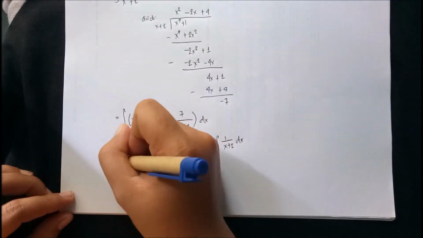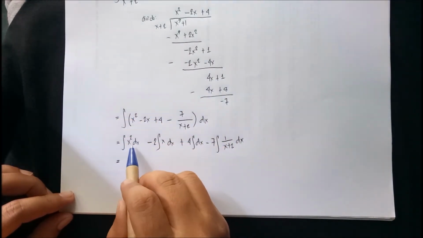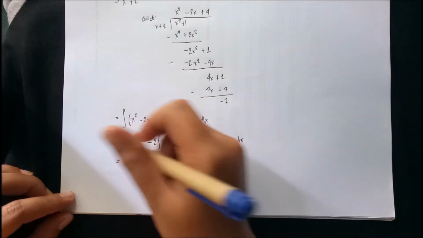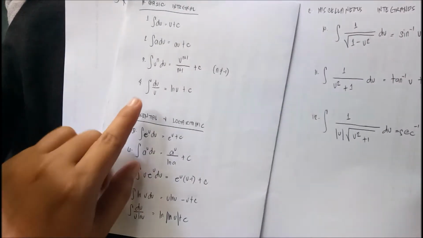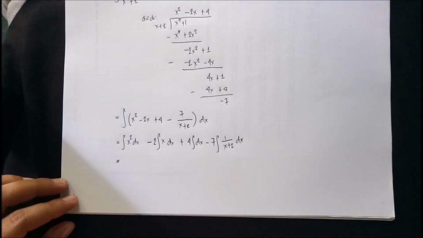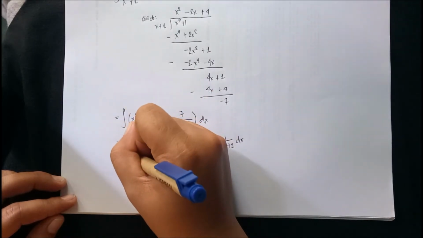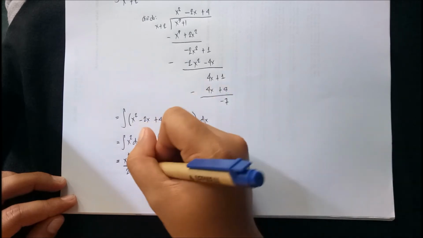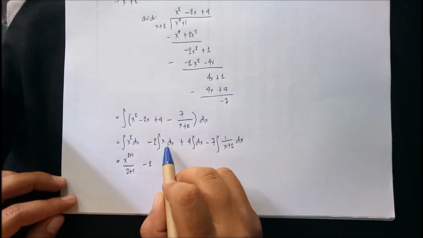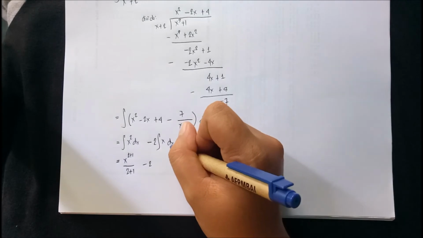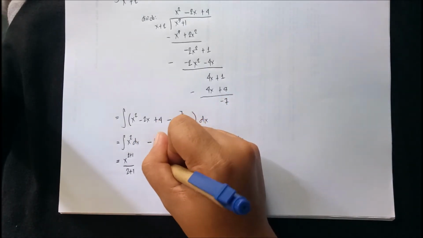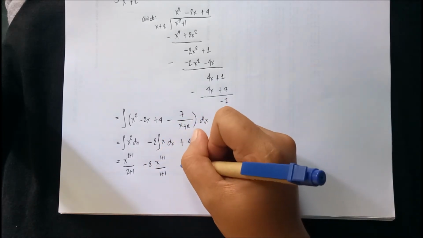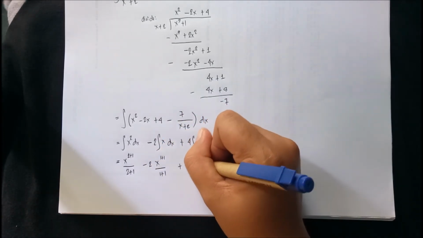Integrate one by one. This becomes, our u is x, du is dx, so okay lang. So this is n is 2, so magiging, again, yung itsura nito is this one. So this is, copy yung x, and 2 plus 1 over 2 plus 1, minus 2, ito namang isa, yung derivative ng x dx, so x 1 plus 1 over 1 plus 1 plus, this one is 4,